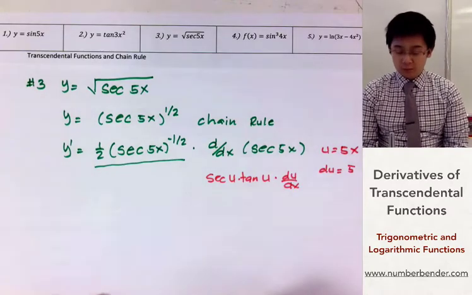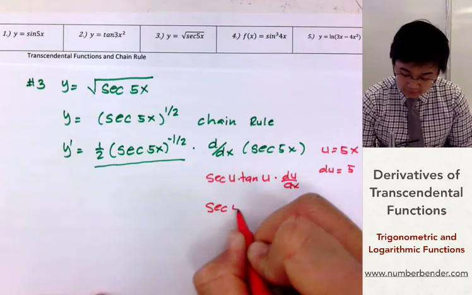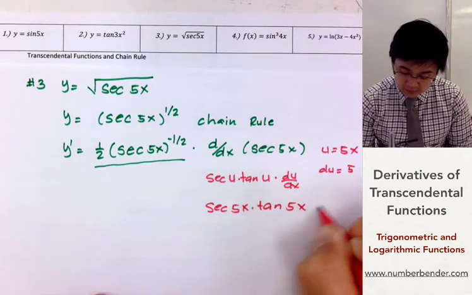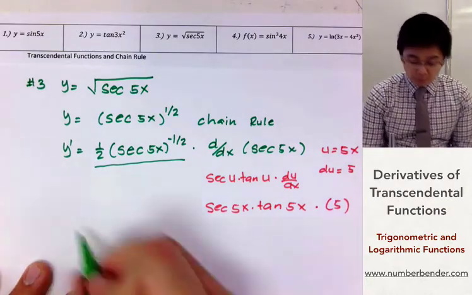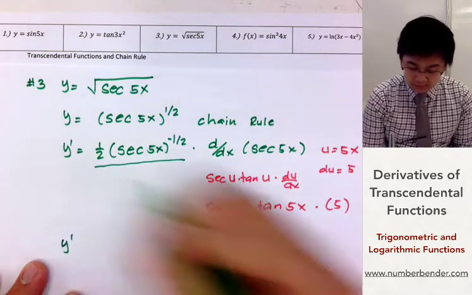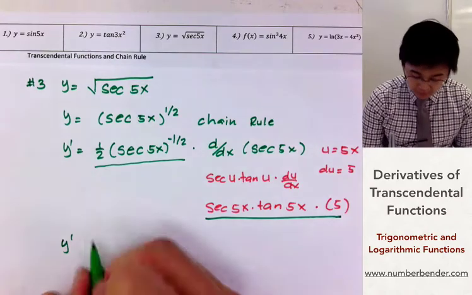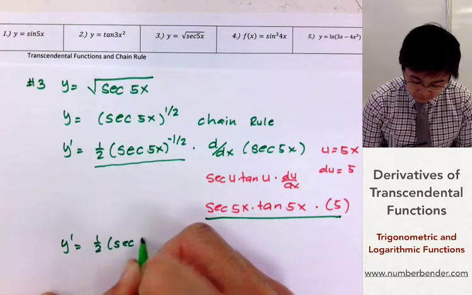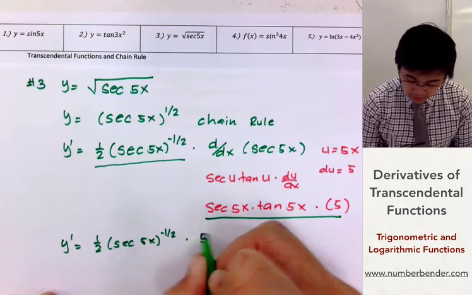Using the formula, we'll have secant 5x times tangent 5x multiplied by 5 for our derivative function. So our y prime, this is our first set and this is our second set, will be 1/2 multiplied by 5